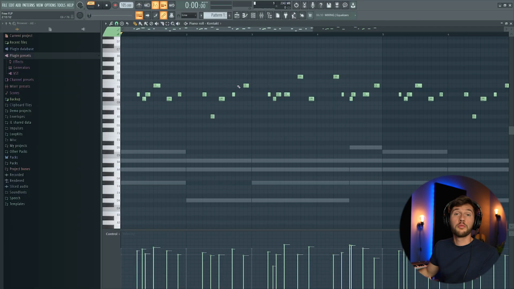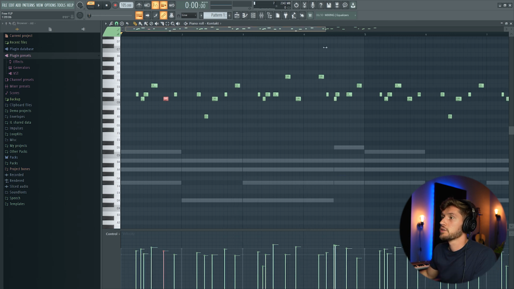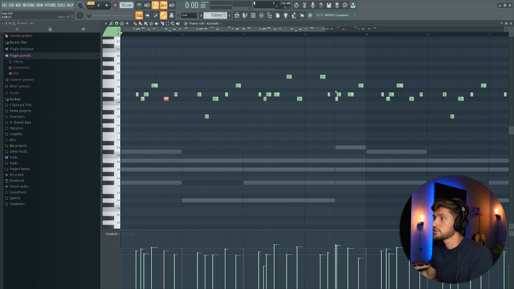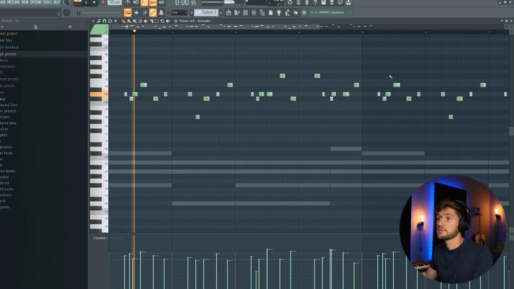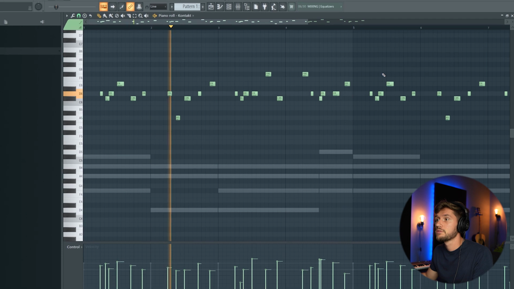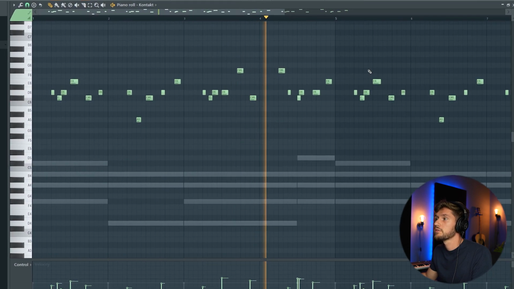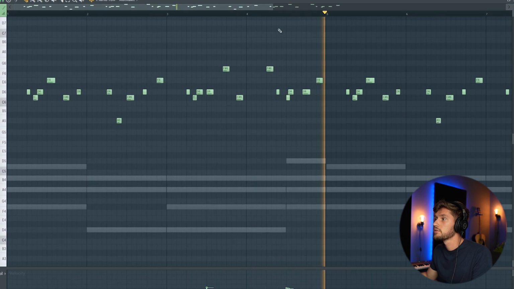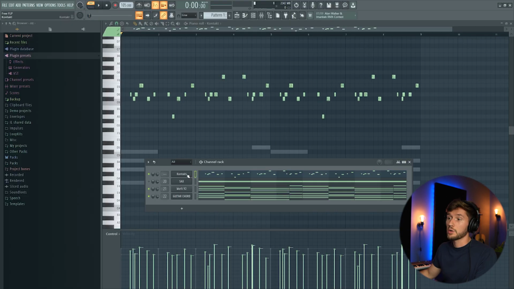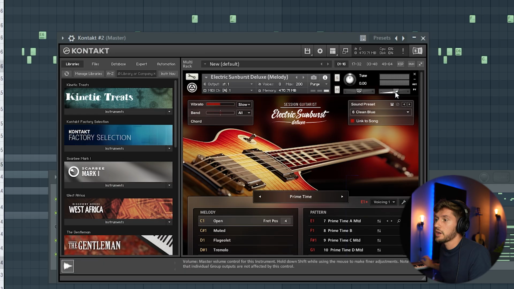So I've played around with the melody for a while and made some adjustment to the velocity. So I've added some more short notes like this. So right now it sounds like this. Really fire. So I'm gonna duplicate this contact and I'm going to use this prime time, this one, and I'm